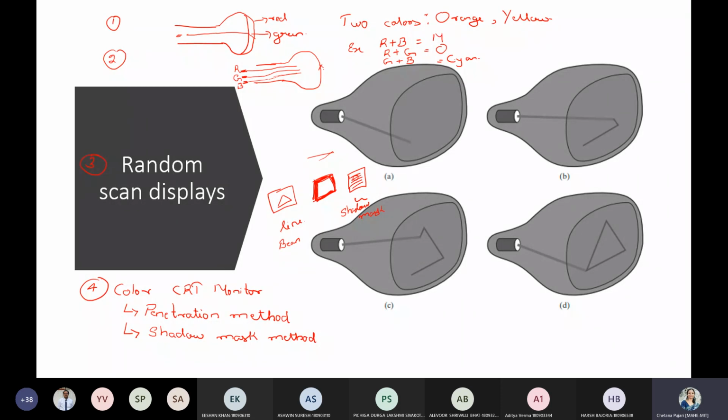Okay, so one is with respect to resolution. Raster has low resolution, random has high. Then based on cost, raster is less expensive, random is expensive. Then based on modification capability, in raster it is difficult to modify, in random it is much easier compared to raster. Then filling of solid pattern is easier in case of a raster scan, and it's tough in case of random.